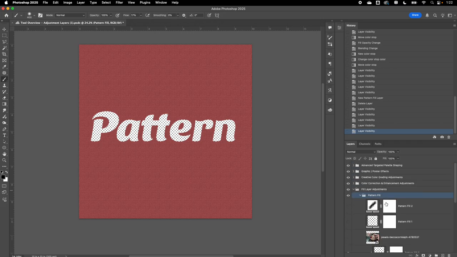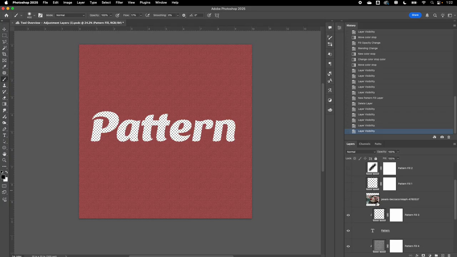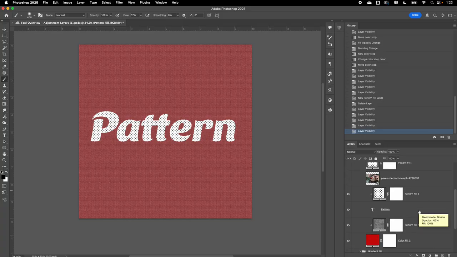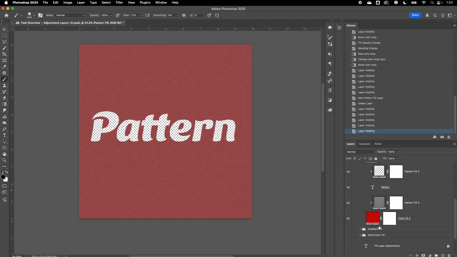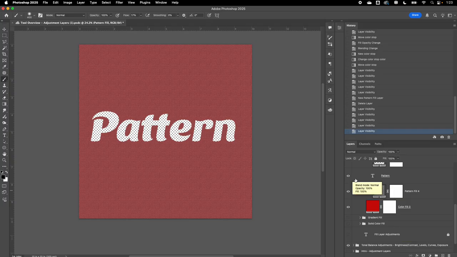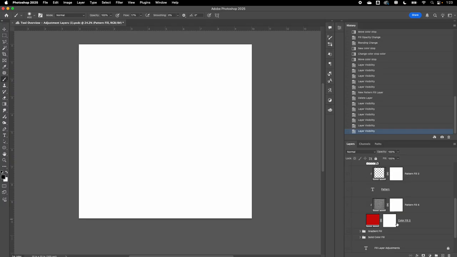We're going to talk next about pattern fills. Before we get into showing how to do these on photos, another sort of introduction to how patterns work, how to find them, how to get more of them within Photoshop. And this is a little bit like shapes as well, in terms of